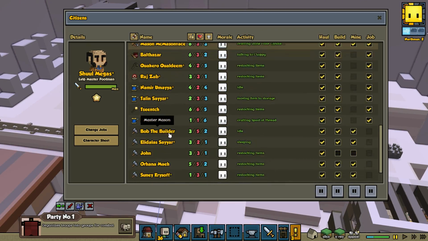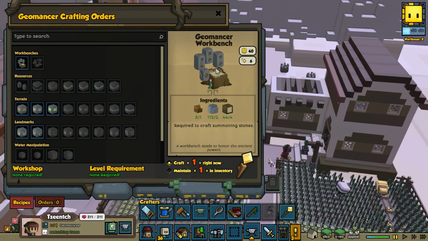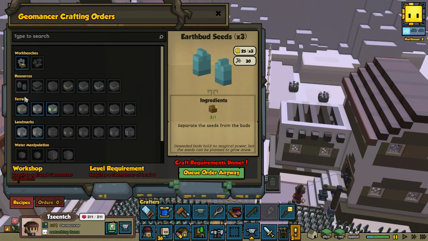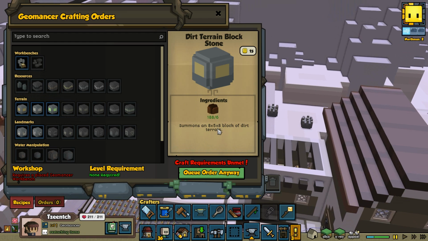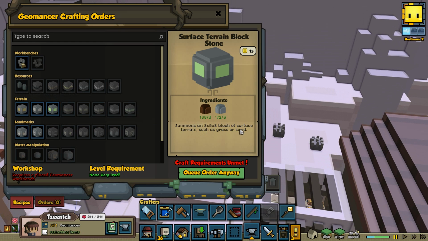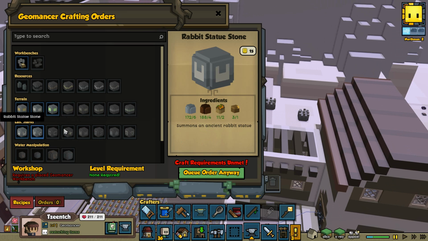So now we have our very first Geomancer then. Zinch, the Geomancer! Okay, let's see what you can build then, Zinch the Geo... Oh, new things! Lovely. What do these do? Summons a block of dirt terrain, rock. Summons surface trans... That's really cool. Summons a pleasant field of rocks. Summons an ancient rabbit statue. Oh my god, there's so many...